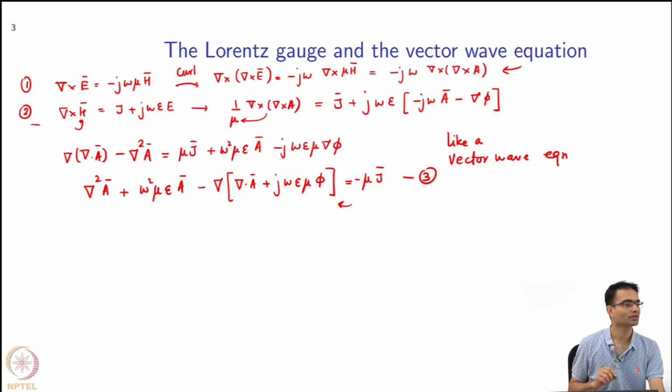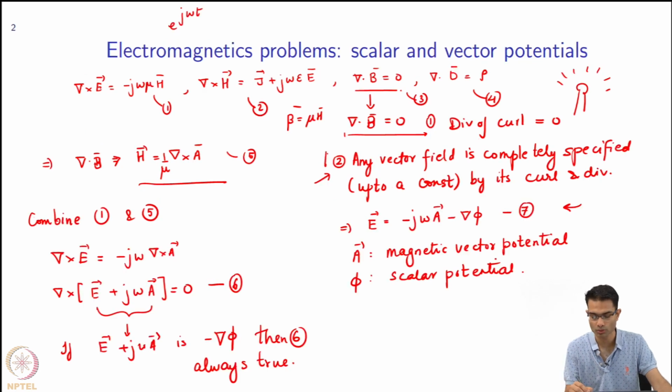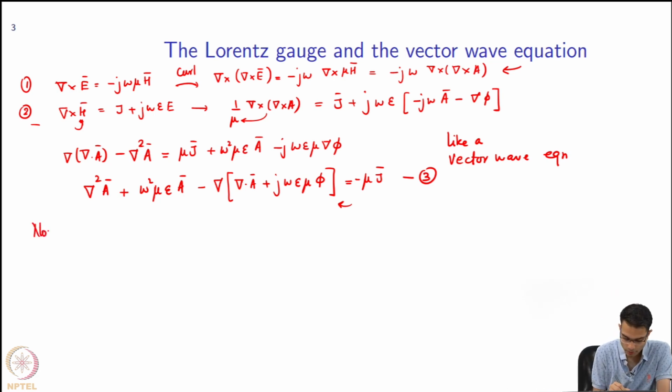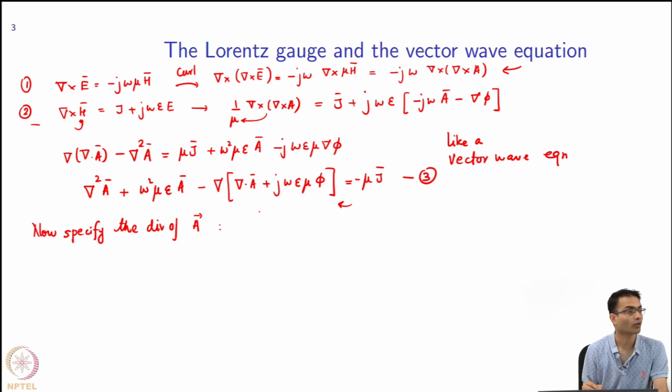Do I know how to solve this? This is a horrendous equation. I don't know how to solve it, right? But here is where I use fact number 2. Fact number 2 is divergence and curl both have to be specified. So, if I now specify the divergence of A, what is the most natural choice for divergence of A? Negative of this term. Okay. So, supposing I specify this,